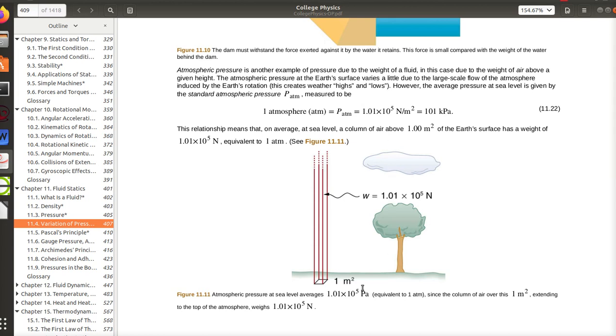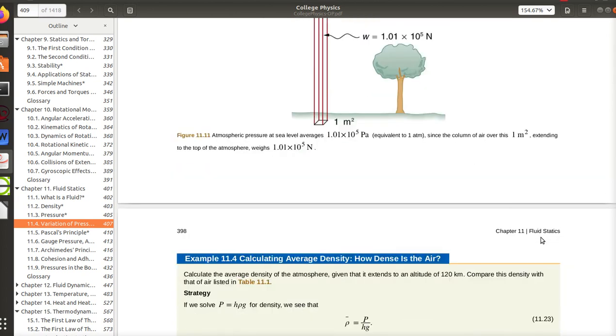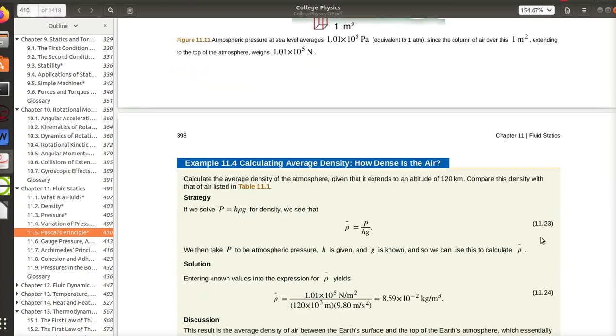So if I have a square inch down here and I want to do the American, I will have 14.7 pounds of air above that square inch all the way up into space. So that would be the weight. So that's the American. To go with the metric,